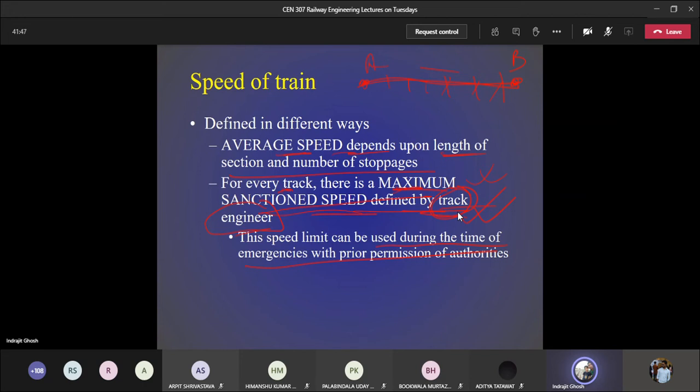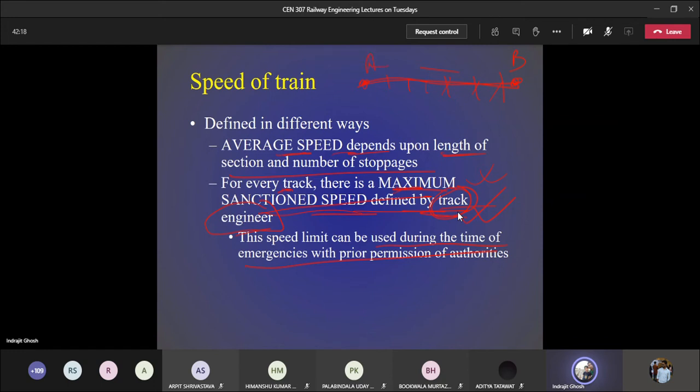We know that we can accommodate this much, but if we disclose the design speed to the people, you will expect that there will be more accidents, because we have designed with the highest value and there are some people who are going beyond the highest value. So maximum sanction speed is somewhat related to design speed. Okay, so we do not disclose it. We can only use it when there is an emergency.